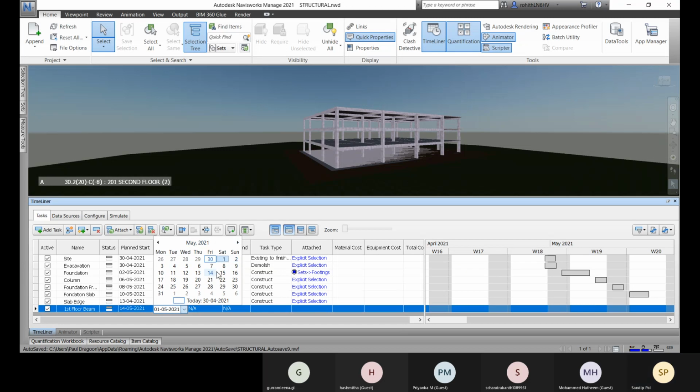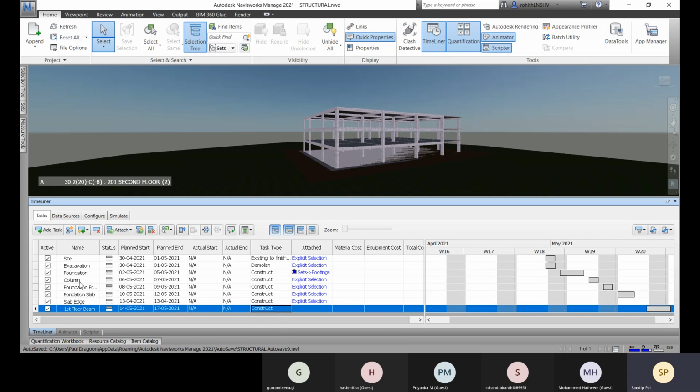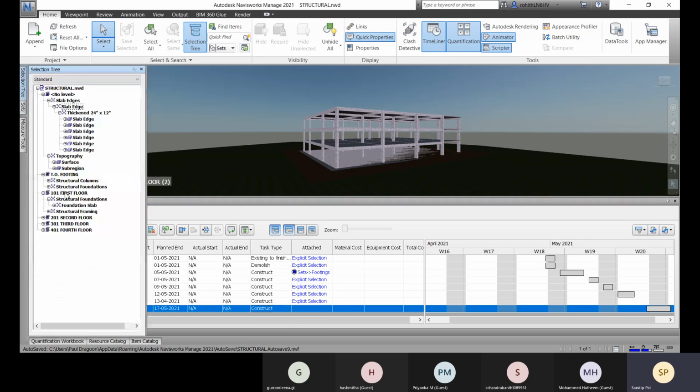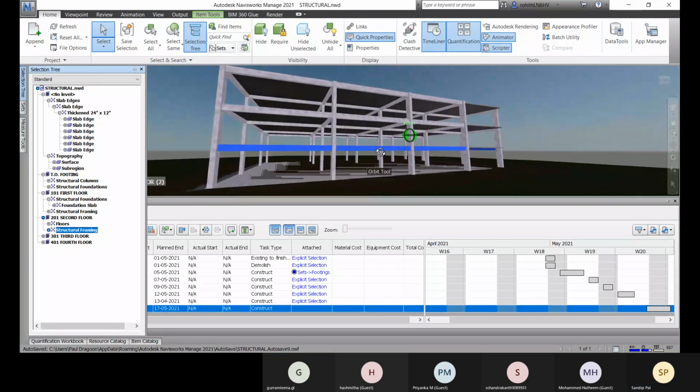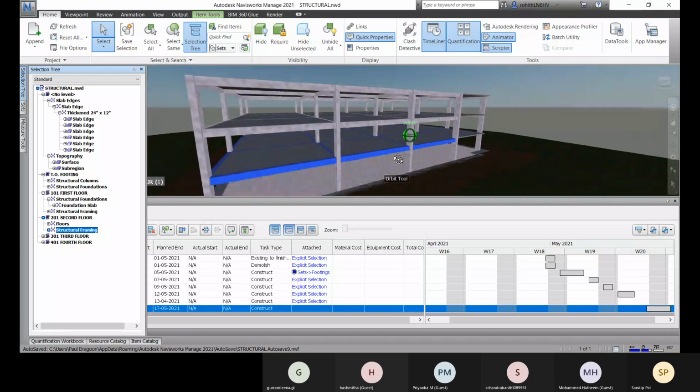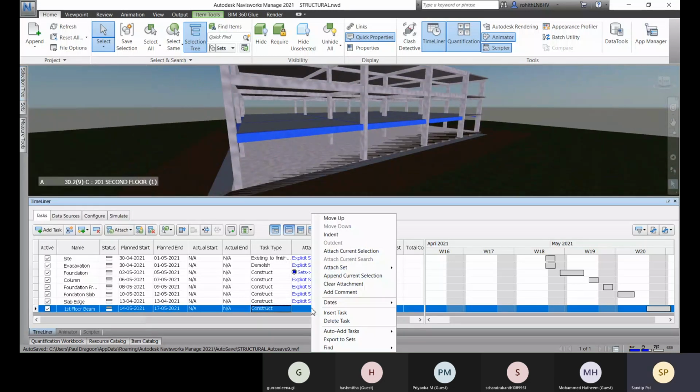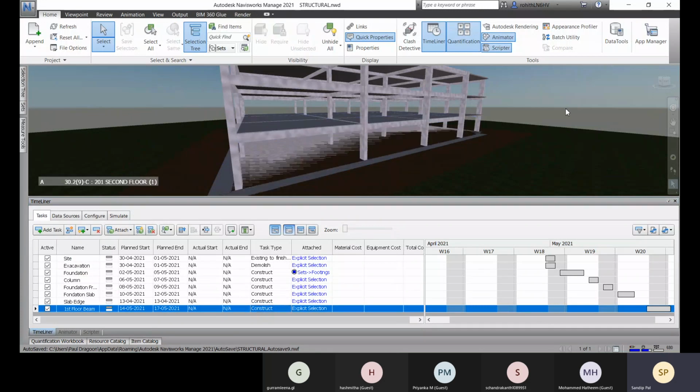And so, okay, construct and go for this first floor structural framing, second floor, and you have this structural framings. Right click, attach current selection.